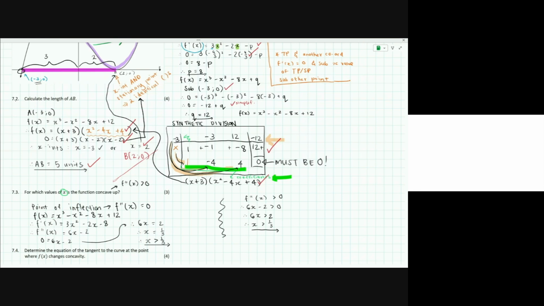So it wasn't necessary to find the y coordinate. However, if you were asked to determine the point of inflection, you would then substitute this x value back into the original graph, because remember, it's on f of x. So we substitute back into the original in order to get our y. But in this question, it wasn't necessary. Mark allocation is